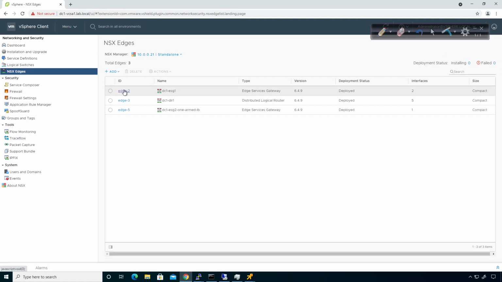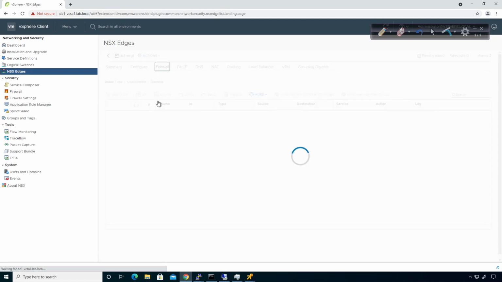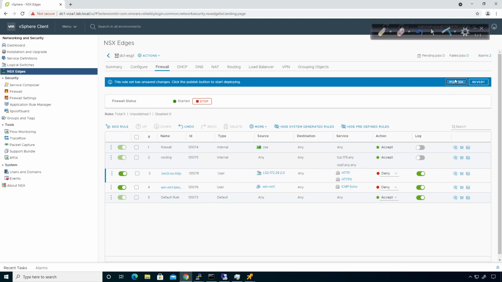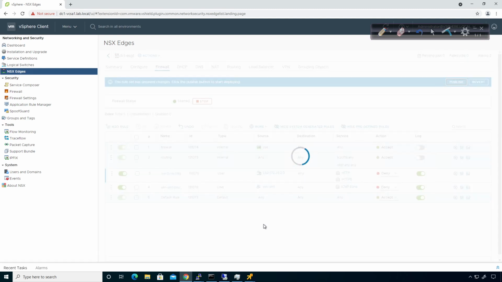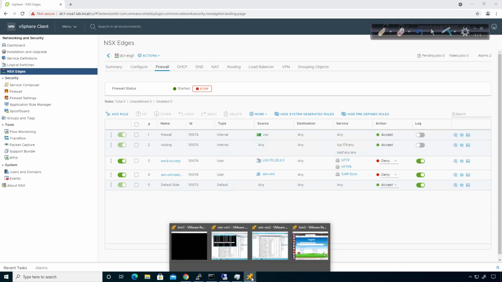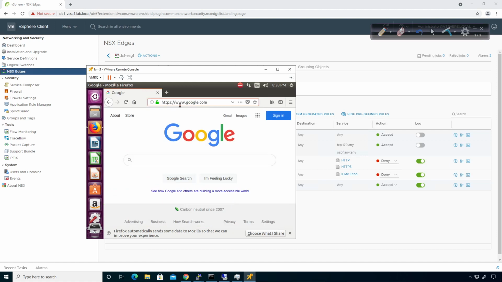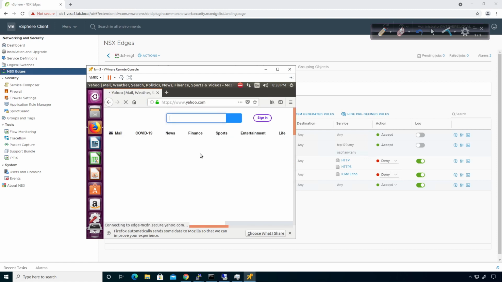So if I go back over to the Edge Services Gateway on the firewall, and I say deny and log, publish the rule, hopefully the Edge Services Gateway will block it. Let me close this tab out and let's go to yahoo.com. I'm trying to think of new lookups to do. And Yahoo is allowing that traffic to go through as well. So even though I'm blocking HTTP and HTTPS,